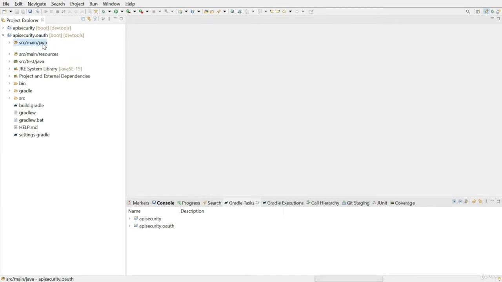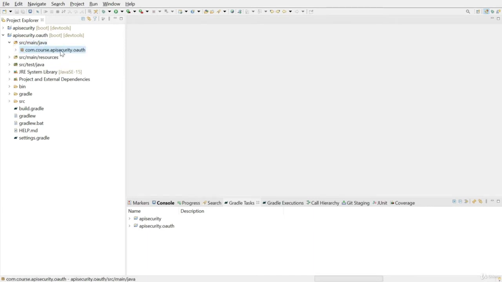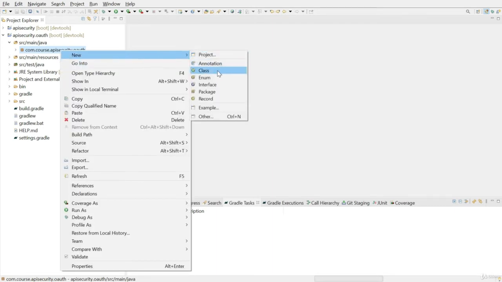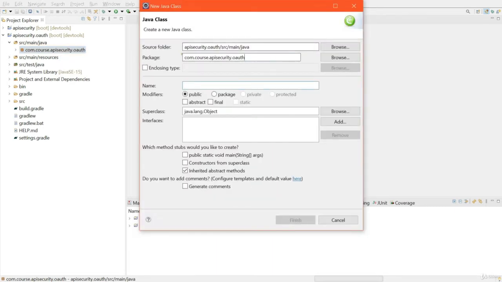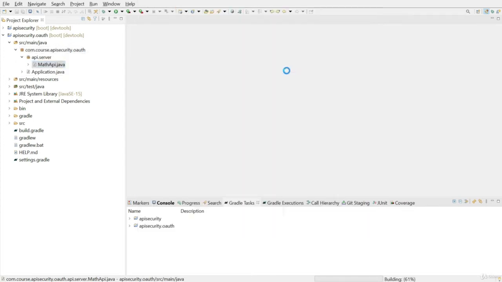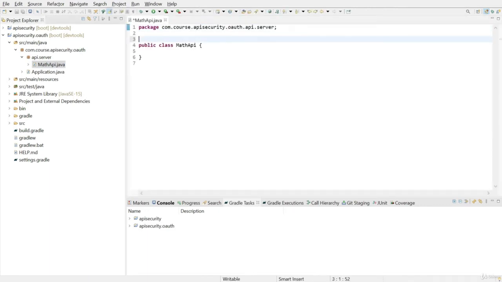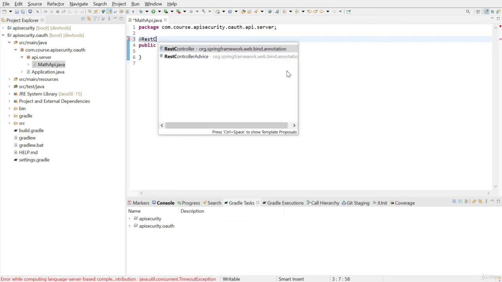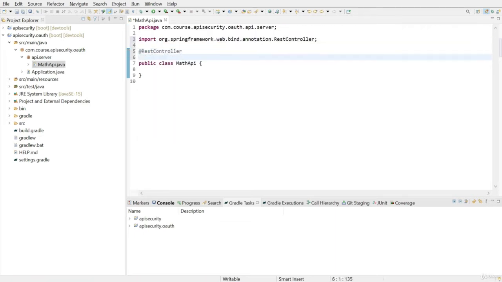We will create the sample API in package api.server. Create class MathApi with the annotation RestController and path mapping to /api/math.